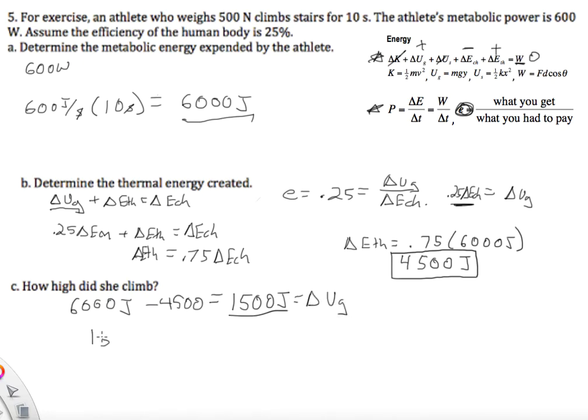So 1,500 joules, and we can pull out delta UG equals mgy. So she weighs, we have mg as 500 newtons times y. So it looks like that's going to be 3